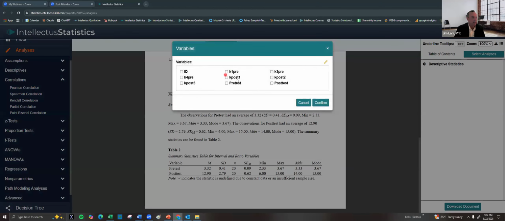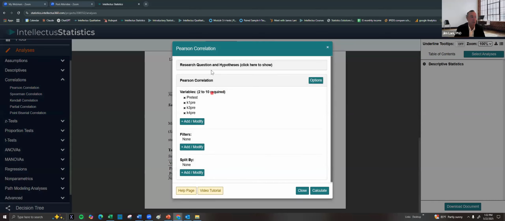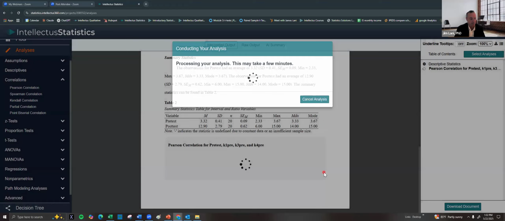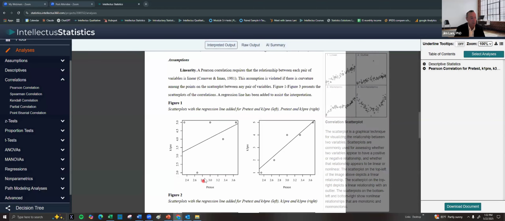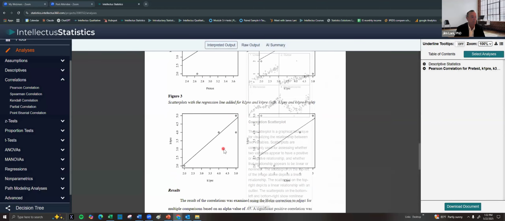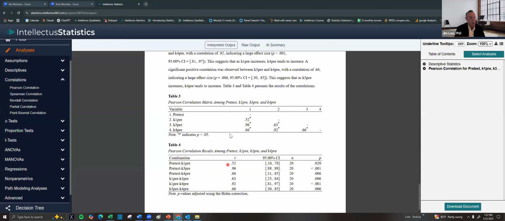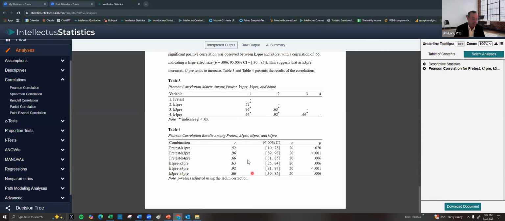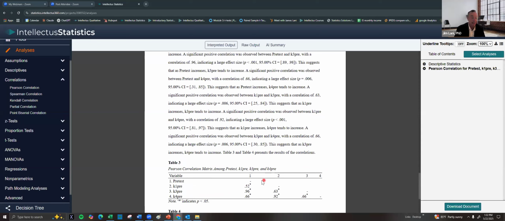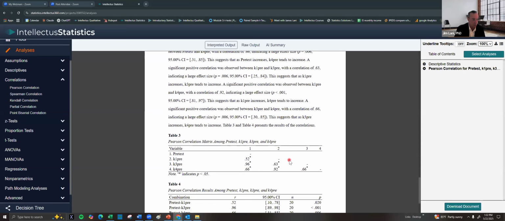Correlations between pretest. Let's just do this between pretest and some of the variables. I'm going to run silly analyses because I know they're correlated, but I just want to give you a flavor. Pearson correlation, put in variables, hit calculate. Assumptions are built in with scrollovers and tables in one of two ways, either in a triangle table or in a list table. But the cool thing, in addition to the APA tables, which would have taken you 10 minutes